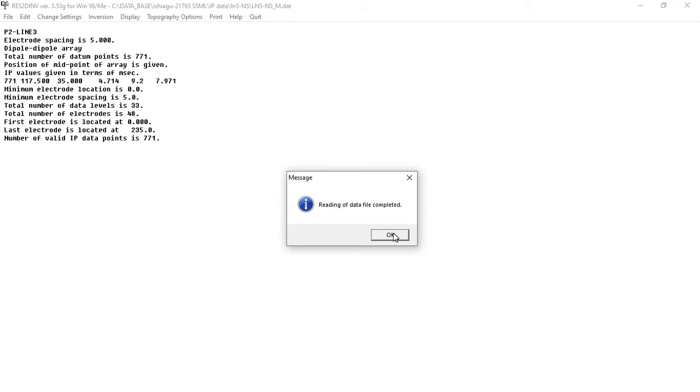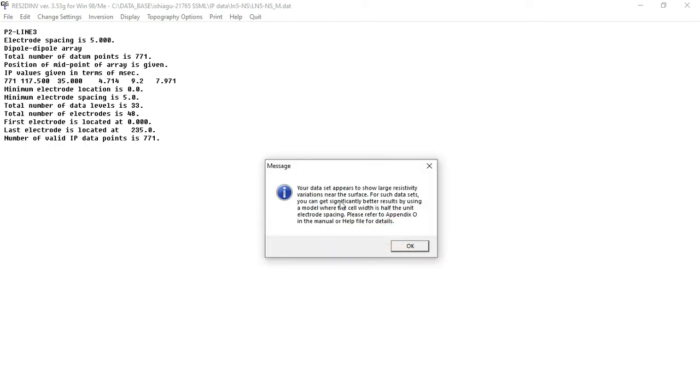So it has finished reading this data. Now there's a difference between this data and the last data. You can see in this data there is no signal message for wide variation in resistivity values. So possibly this data is not noisy compared to the first profile we showed, because if it was noisy data, you will see a lot of variation. So what this is actually showing here is just that it's trying to tell us that